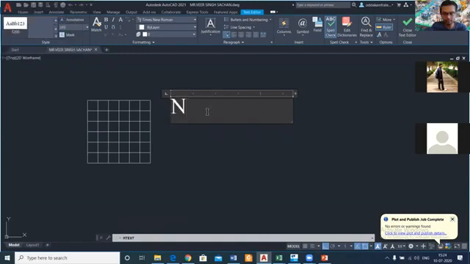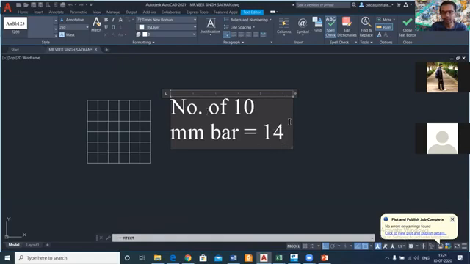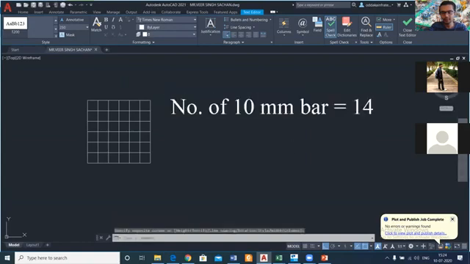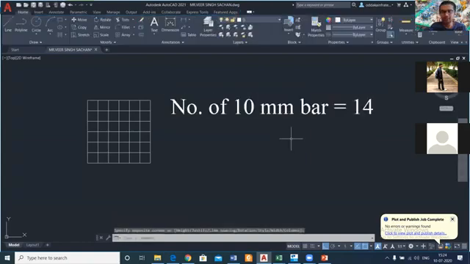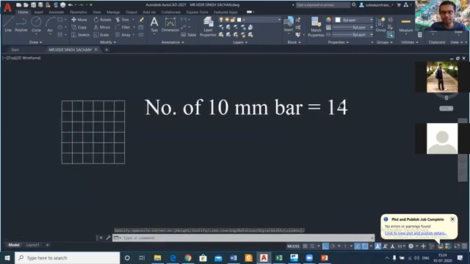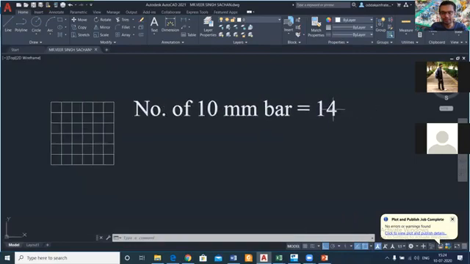So number of 10 mm bars, the numbers we have here, equals 14. So 14 number of 10 mm bars we have in here. Now we'll find the length of these 10 mm bars.